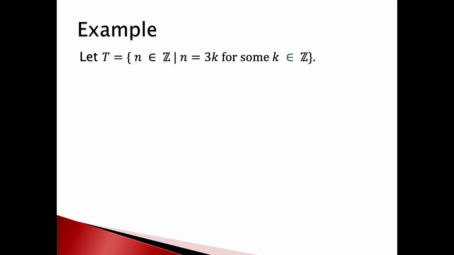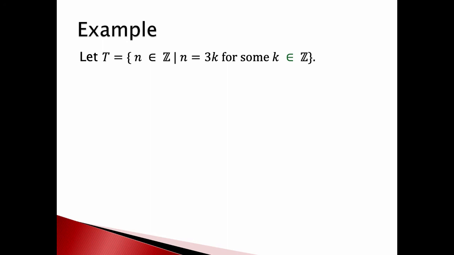Okay, here's another example. Let's let T be the set of all multiples of 3. Obviously, T standing for 3. So, in other words, it's the set of all n contained in Z. This is set builder notation. If you've forgotten how this works, the curly brackets mean I'm defining a set. This is the set of all numbers n which are an element of Z, so all the integers n. That little vertical bar means such that, when I'm doing this in set builder notation, n is equal to 3k for some k, which is also an integer. So in other words, these are all of the multiples of 3.